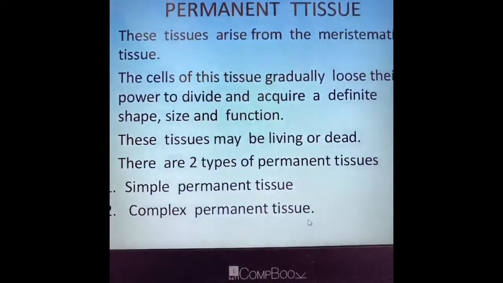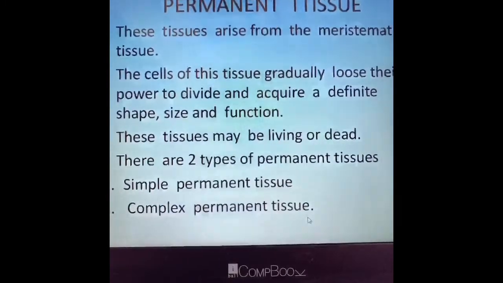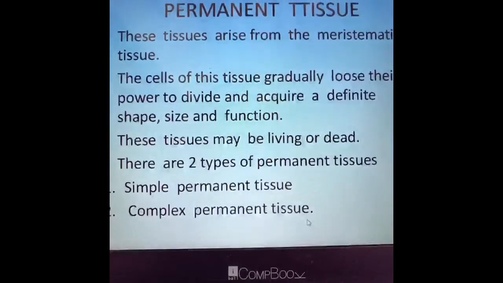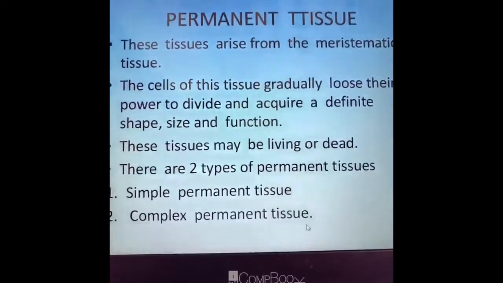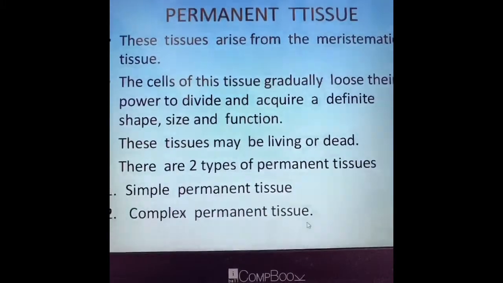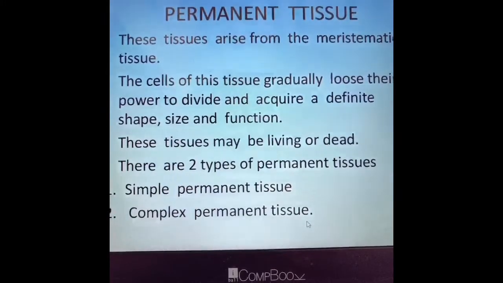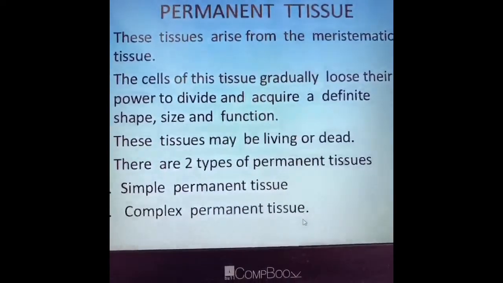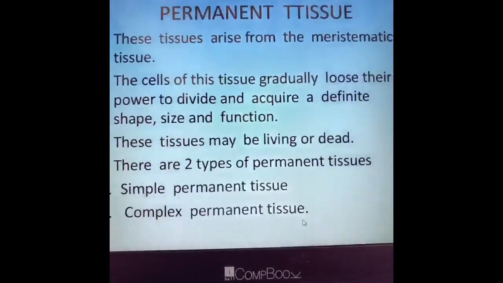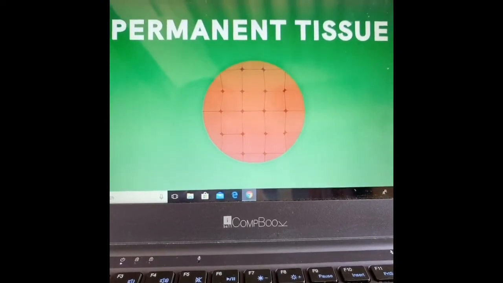Now, different types of permanent tissues are formed due to differences in their specialization. Some would form leaves, some would form the stem, some would form the vascular system. So, the permanent tissue may be simple, complex, or special. Their cells may be living or dead, thin-walled or thick-walled. Thickening may be regular or irregular. So there are certain characteristics of the permanent tissue. The shape and size, characteristics of permanent tissues. You may note down these points.